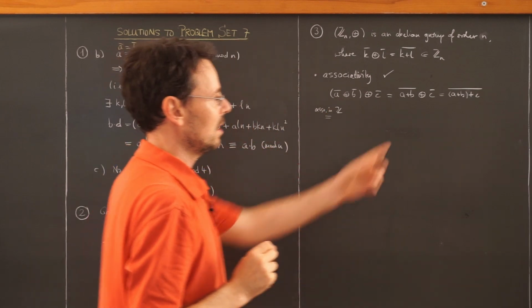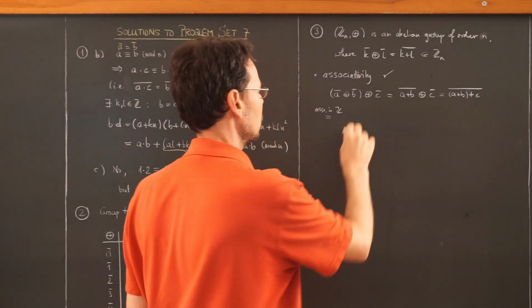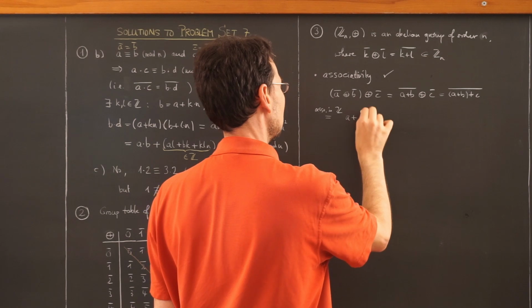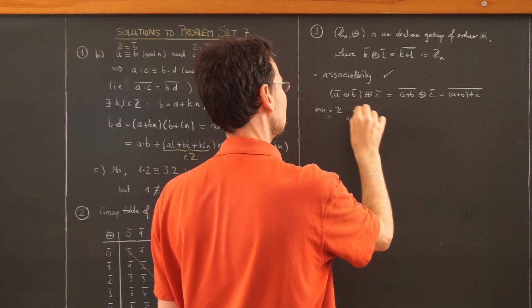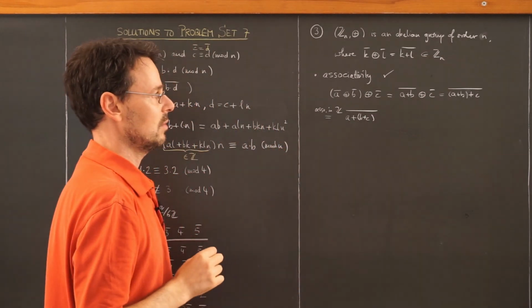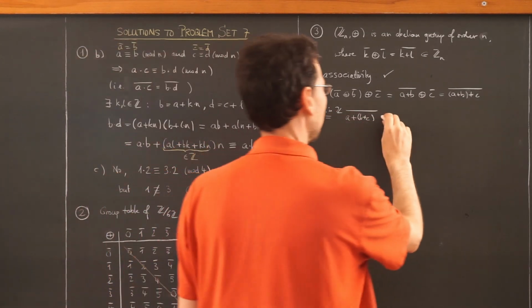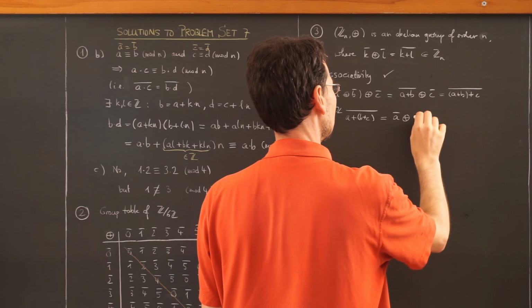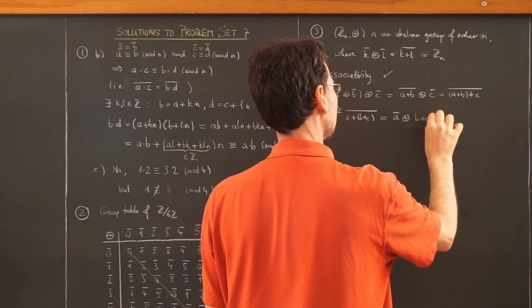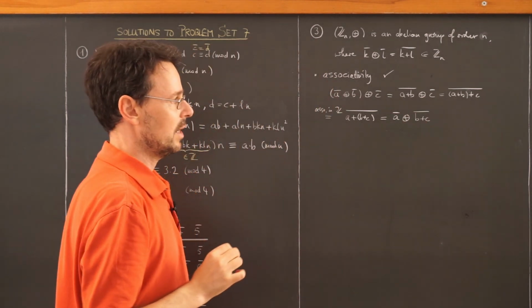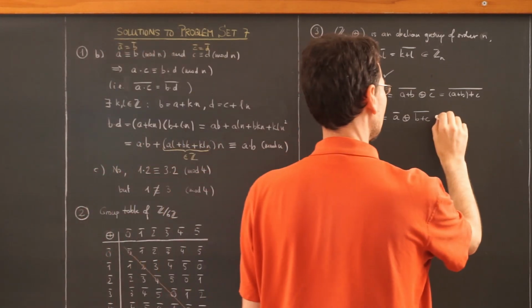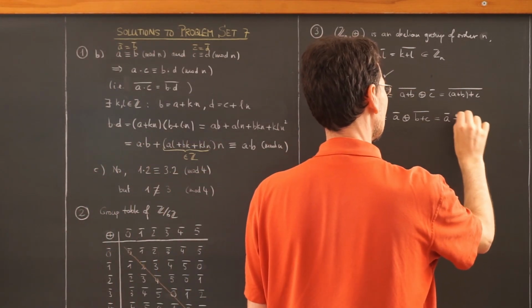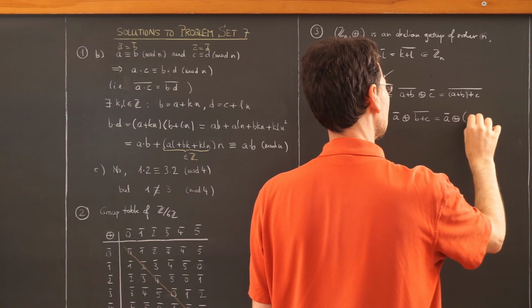And now, as I said, adding in the integers is associative, so we can write this as a plus b plus c, and then residue class. And now we do this backwards. This is by definition of our addition a plus b plus c backwards, and again by definition